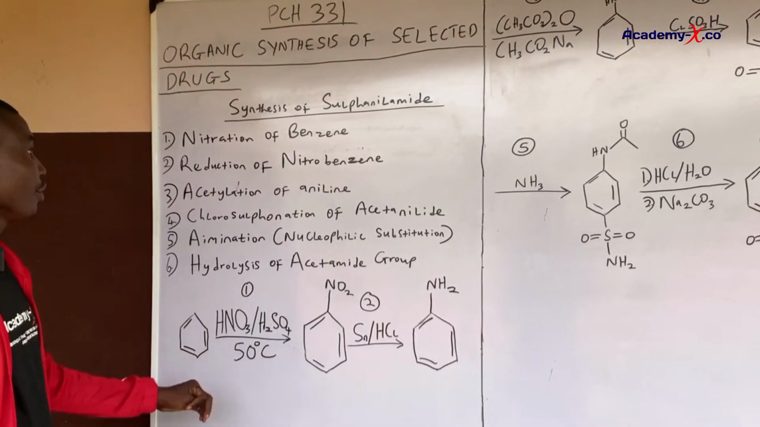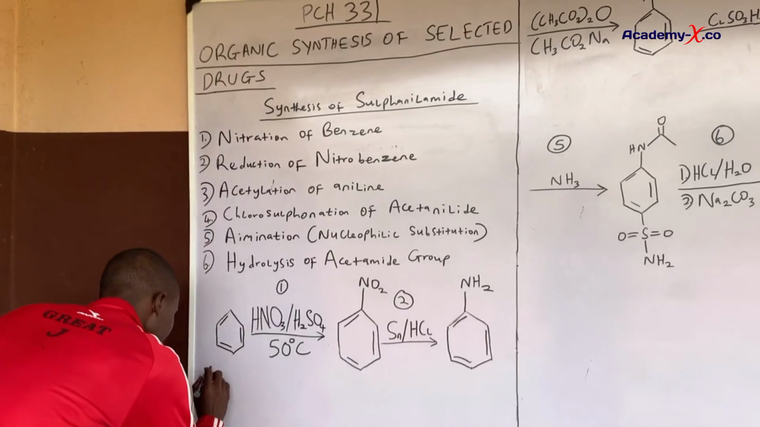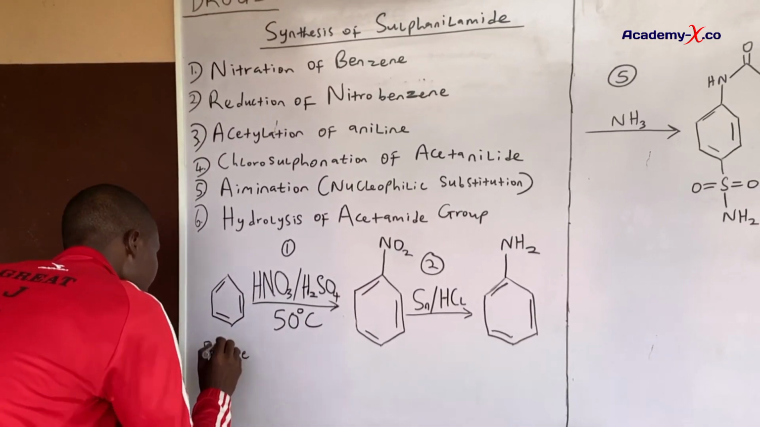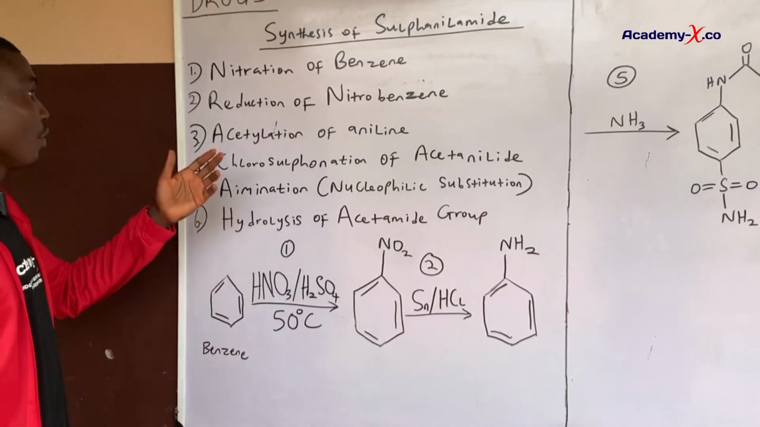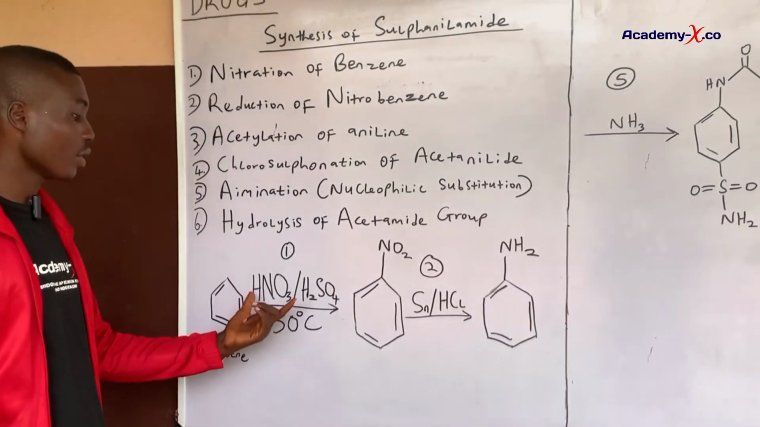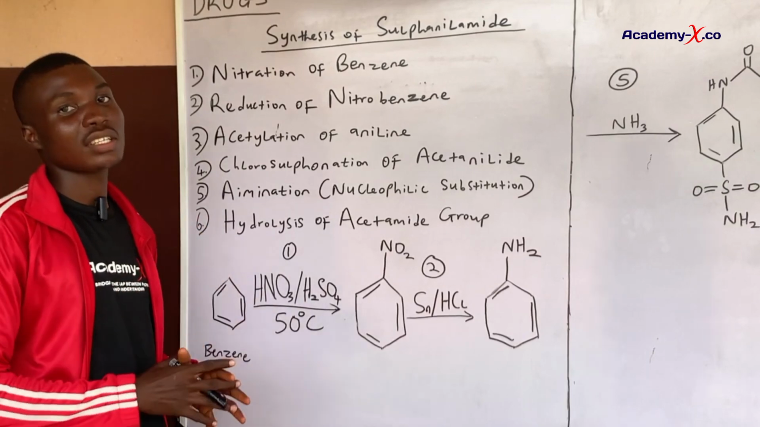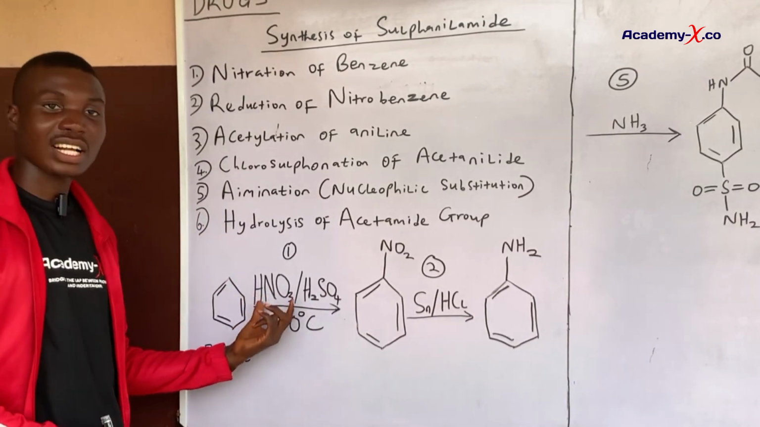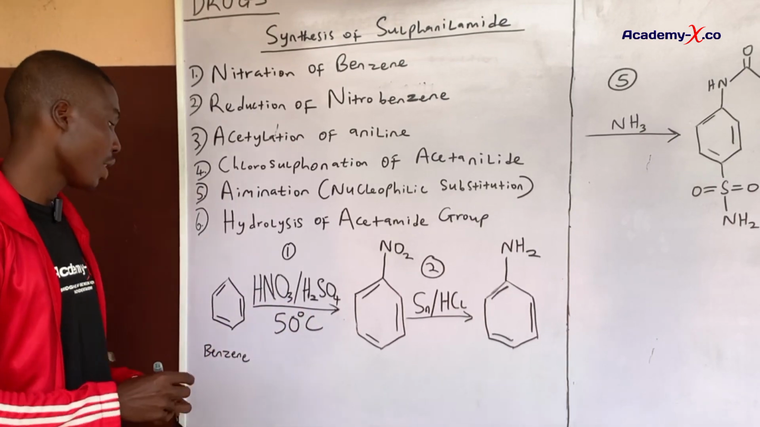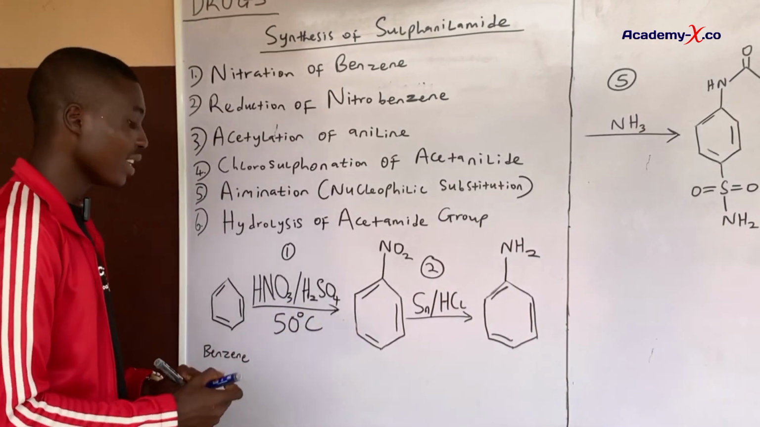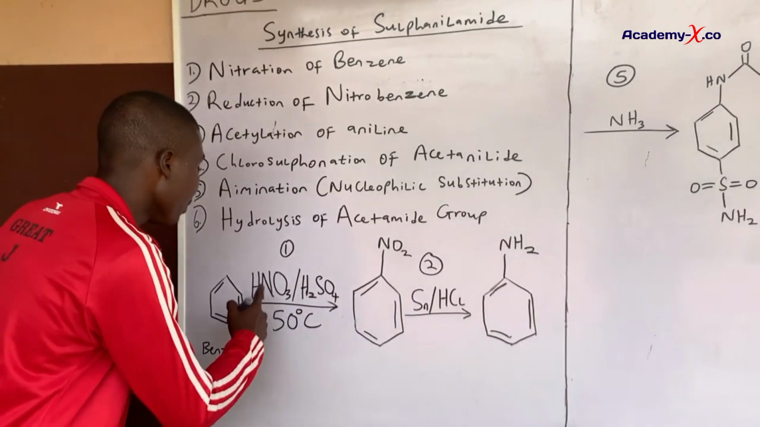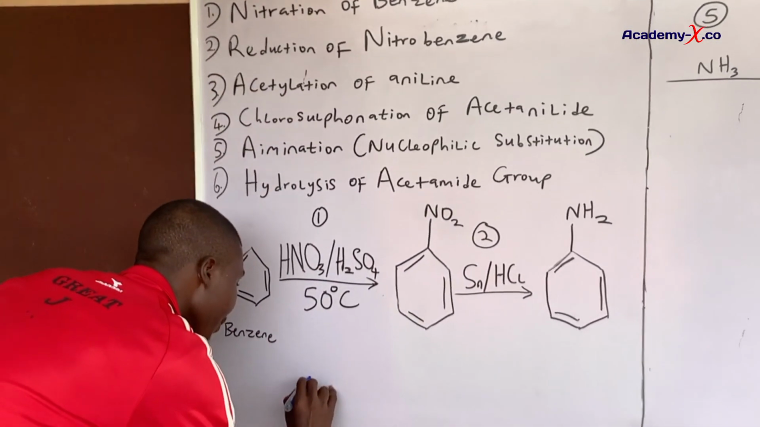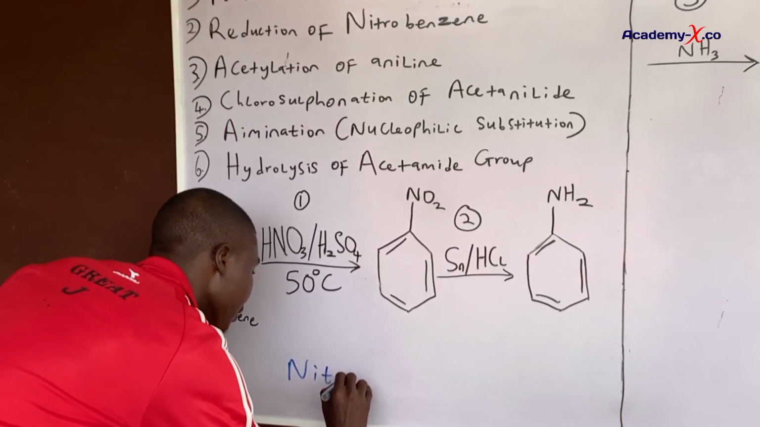All right, so the first one is nitration of benzene. So this is a benzene ring. And then for us to get benzene nitrated, we still use a similar formulation we used in the synthesis of benzocaine, which is nitric acid and H2SO4. I remember that while we were talking about the synthesis of benzocaine, I mentioned that what happens here is that the nitric acid is protonated